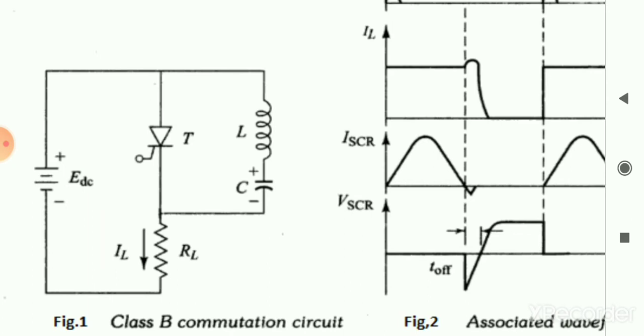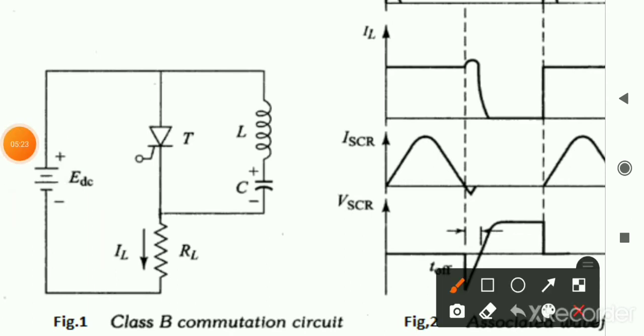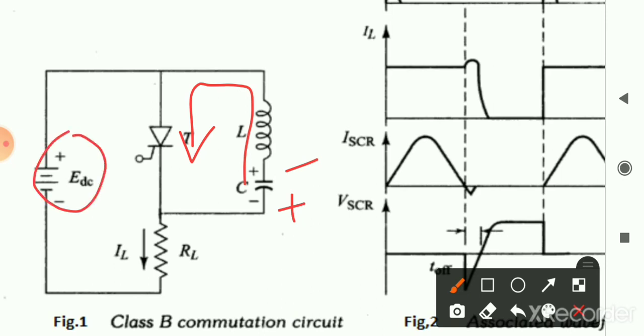One path is formed. As the inductor as well as the capacitor is fully charged now, they will start to discharge. So the discharging path will be in this way. When they are discharged completely, because of the load current, they will charge in opposite polarity. Now the charging method you can see here. The charging method of the capacitor is opposite. So when it reaches its maximum value, that is negative, as of EDC, it has to discharge. Now the discharging polarity starts in this way.